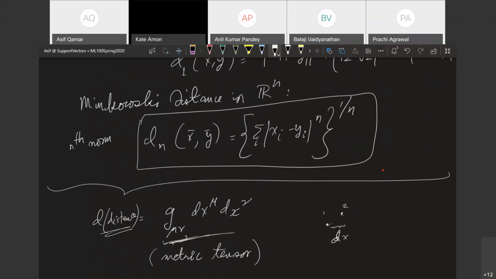Asif, I have a quick clarification. The Manhattan is norm n equal to 1, the Euclidean is n equal to 2. These two are kind of in the physical world we are able to imagine. When you draw a line between 2 points, that tends to be n equal to 2. But what would be n equal to 3? I just wanted to get a little idea because I can't even think about it.